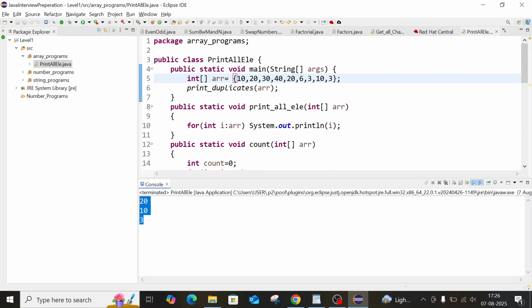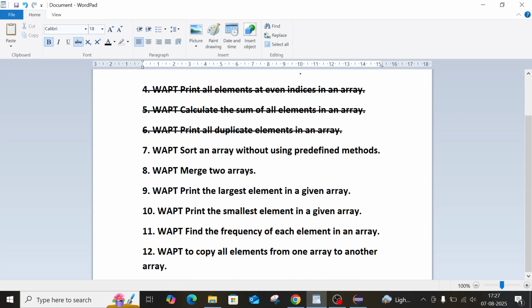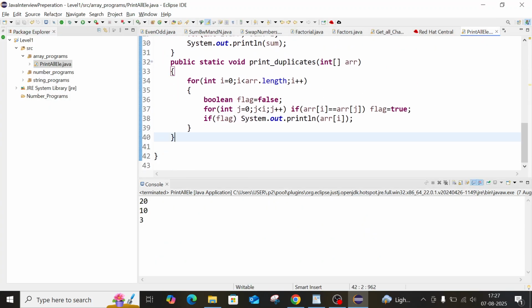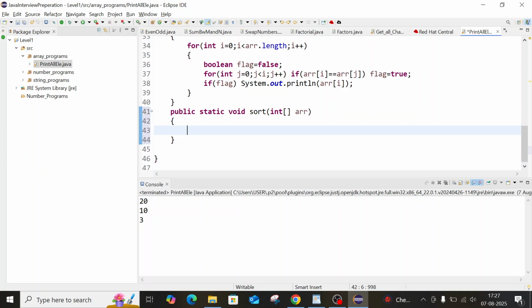Next question: sorting an array without using predefined methods. Let's create a method here. I will use bubble sort here. While iterating through the array, we have to check